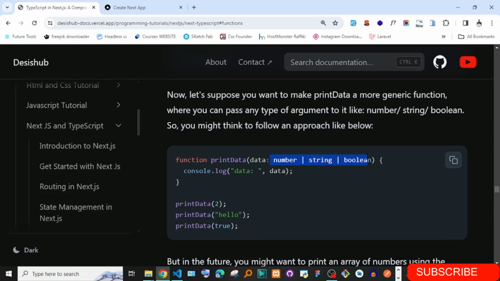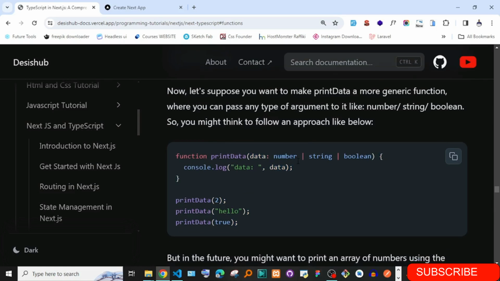Of course, this is smart thinking, because now if you pass in a number, it will be a number. If you pass in a string, it will be a string. If you pass in a boolean, it will also be a boolean. So for instance, you can pass in 2, you can pass in hello world, and you can pass in true, and all of these are valid according to this function.